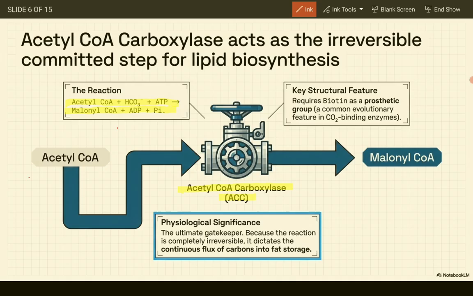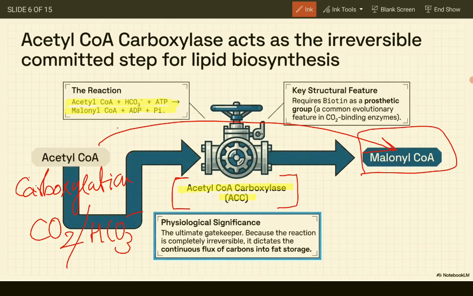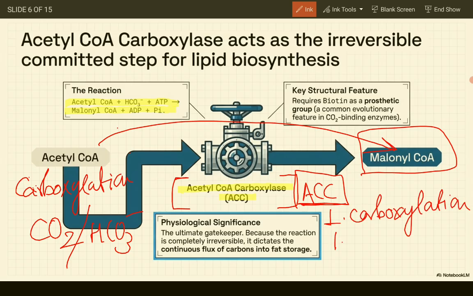Acetyl CoA undergoes carboxylation. That is, a carbon is added through a carbon dioxide or carbonate molecule, and this produces malonyl CoA. The enzyme used here is acetyl CoA carboxylase, ACC. This is the first step. The carboxylation of acetyl CoA is the first step in the lipid